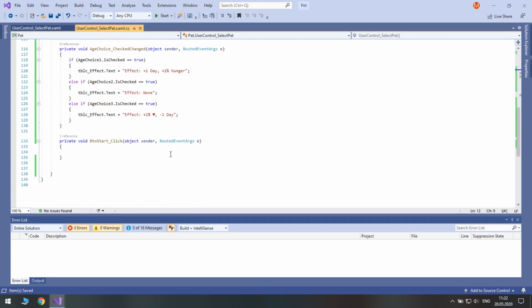At last, let's code the Start button. Let's copy the code from Windows Forms.